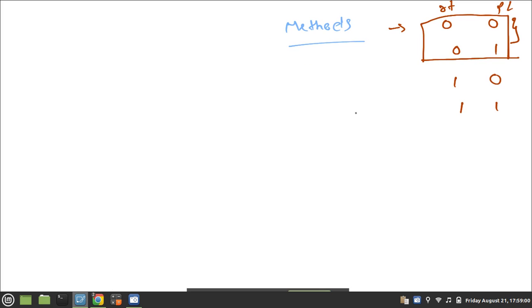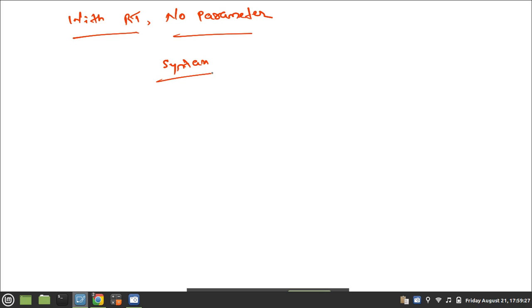fine then. Now we will discuss the third type, that is with return type no parameter. The syntax for this we already know: return type, function name, this is the common syntax, and this is the parameter which is optional, and this is the statement.